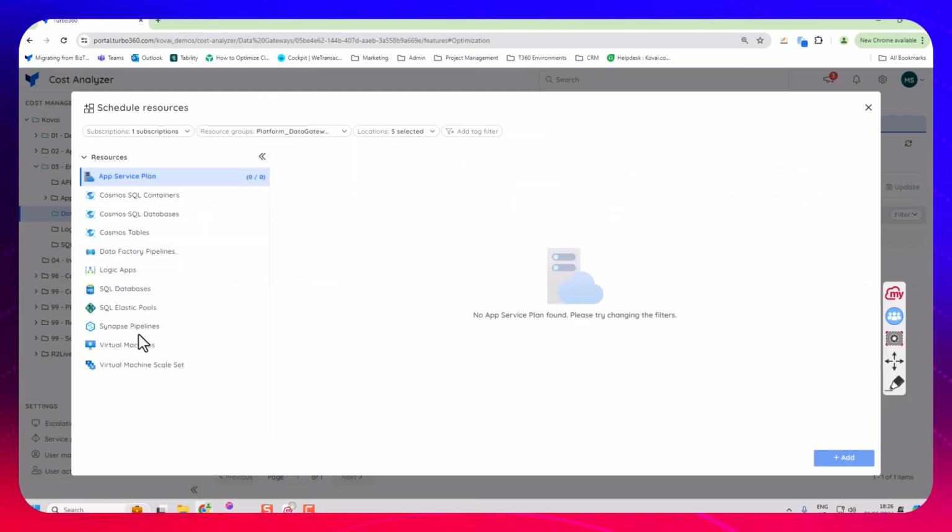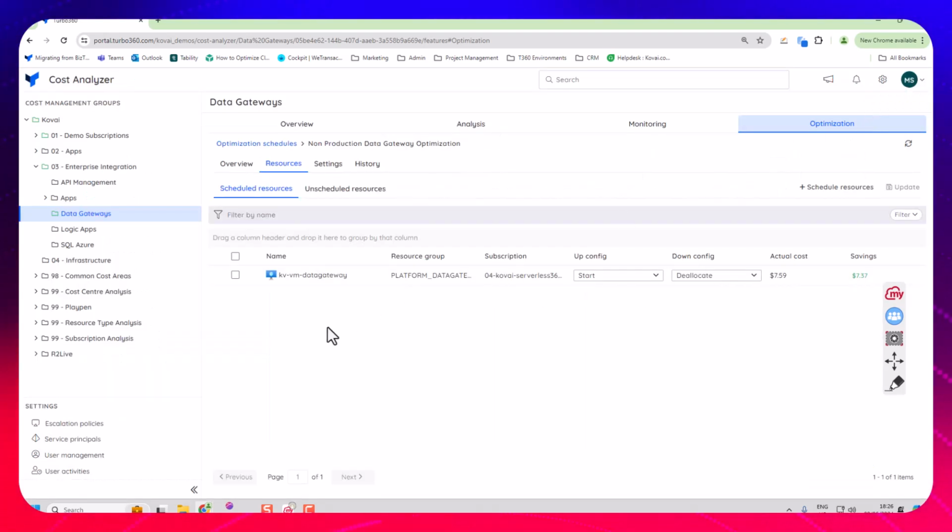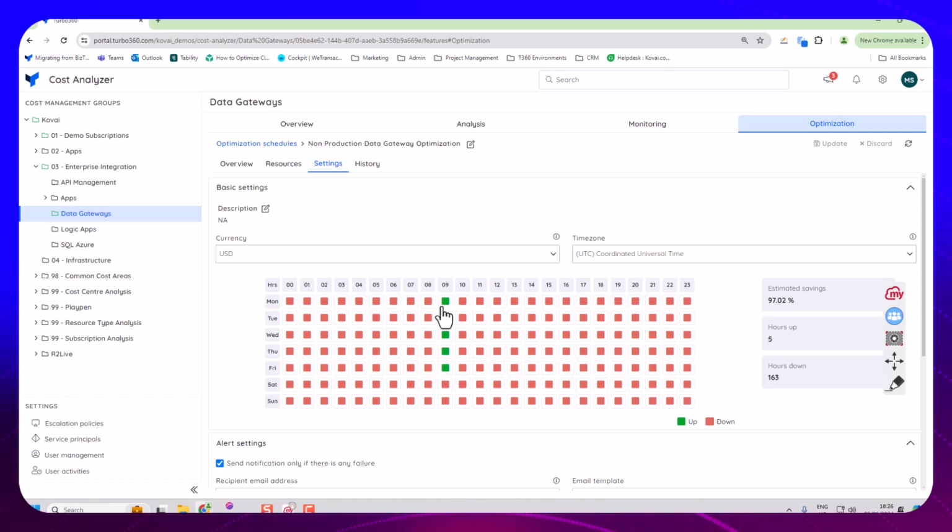So in this scope, I think we've only got the VMs that we've already got, because I've got this one narrowed right down to that data gateway resource group. I can modify the settings here, so you can see with this one, because it's just a demo, I just turn this on between 9 and 10 and turn it off all the other times. But I could easily modify that schedule. And what I'm really trying to do here with this